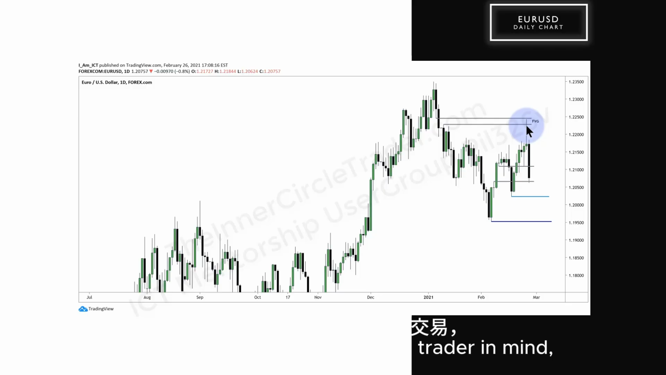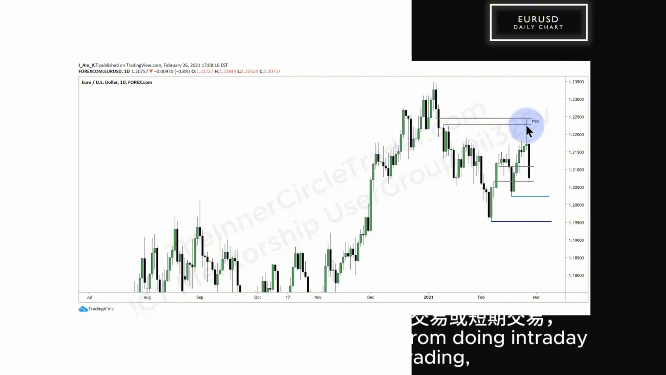So if you're a long-term position trader in mind, that's what you want to do, or you just have to do it initially like that because your business, your job, or whatever prevents you from doing intraday trading or short-term trading, you can see that this stuff still works on daily charts. Okay, so